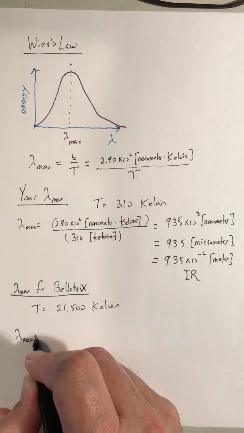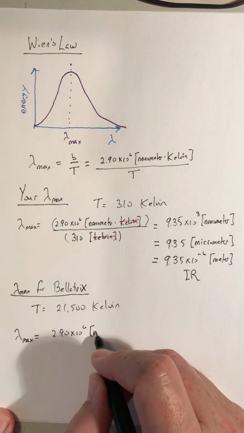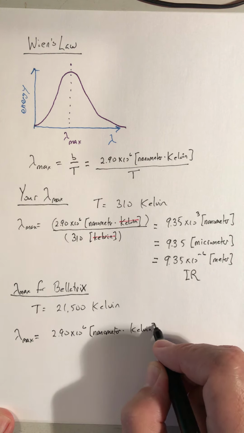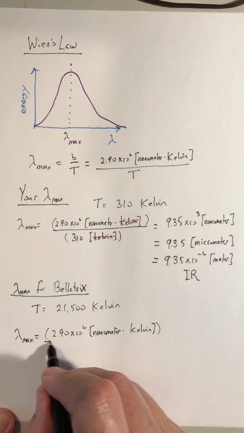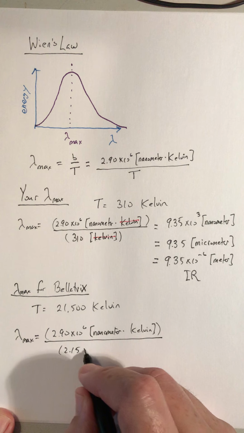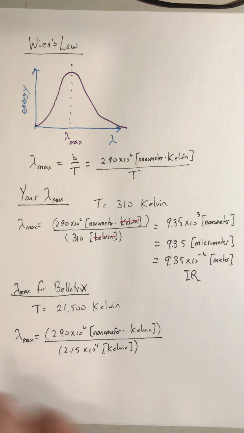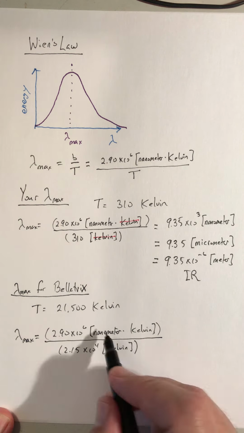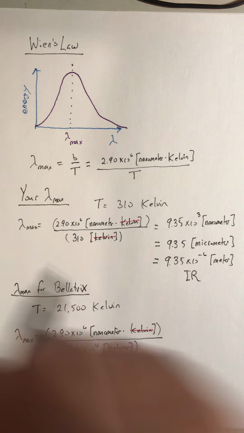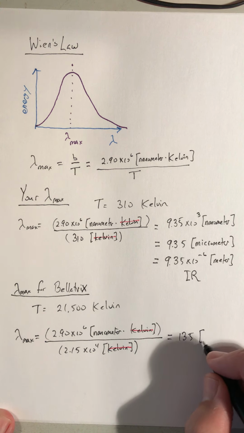So we'll have lambda max equals 2.90 times 10 to the 6th nanometer times Kelvin over 2.15 times 10 to the 4th Kelvin. And our units are going to work out. Kelvin cancels Kelvin. And that gives us 135 nanometers,